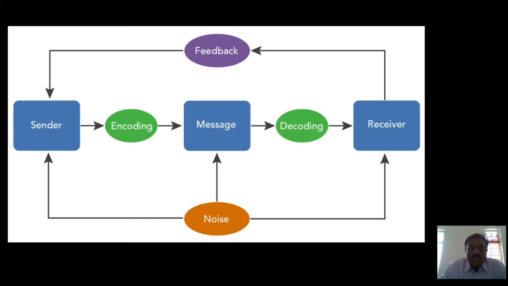So if the noise is more, what should we do? Normally the message may not reach the receiver. Even if it does reach the receiver, it may not have the same understanding or the same feedback that we expected. So in order to have perfect and 100% compliance with your message, you have to repeat the message again. This process of repeating the message so that the receiver understands it perfectly is called redundancy. Redundancy is the concept of repetition of the message so that the message reaches the receiver in a proper format and with proper understanding.